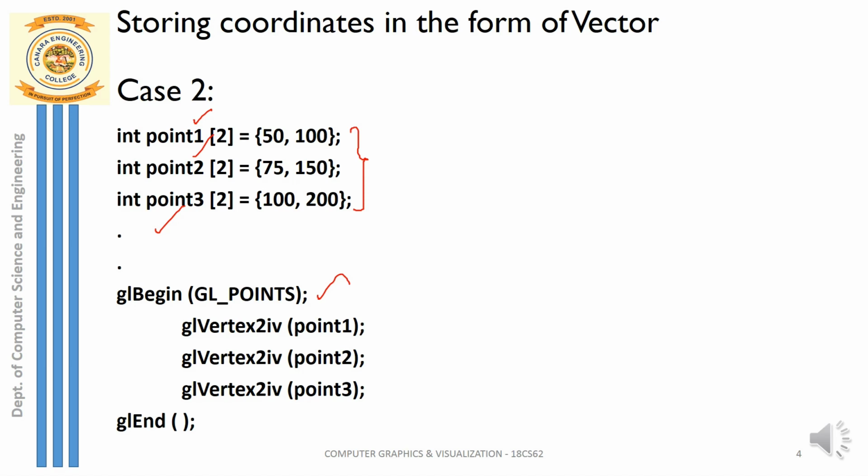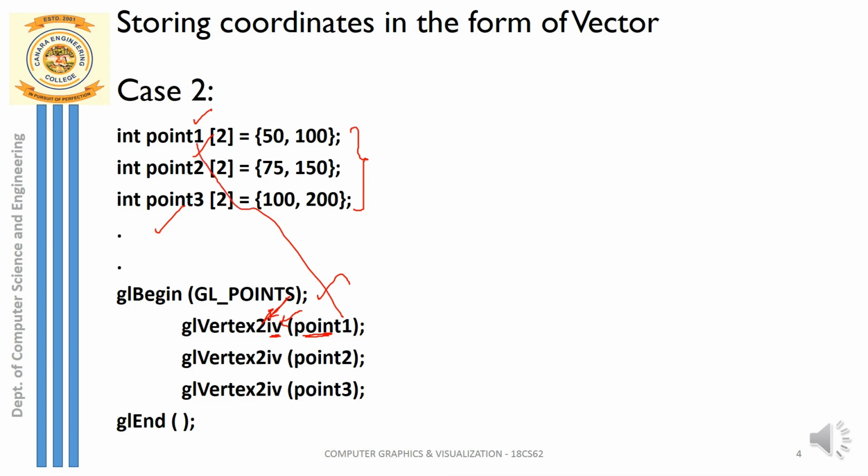But here you can just find out the difference, that is glVertex2iv. So what is i representing? i represents the integer data type. Instead of floating type, I'm taking the data type as integer. So 2iv. v represents here the vertex pointer. So what is the vertex pointer? It is a pointer. You can just see the parameter that I'm passing to this is not directly the coordinates, but instead I'm passing the parameter as the array.